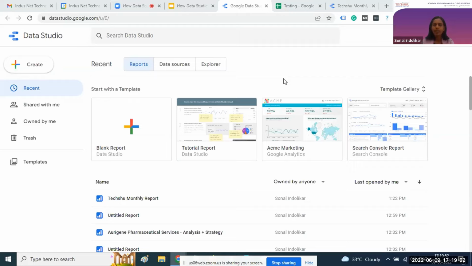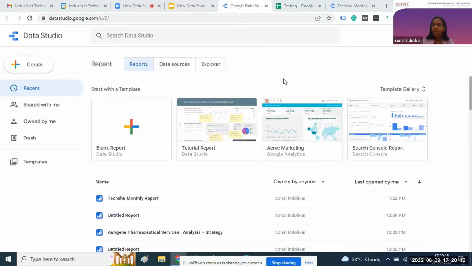For example, if you want to connect data from Analytics, Search Console, or YouTube, you should have access to that particular platform on your own Gmail ID. Then only we can connect those sources to Data Studio. These are the prerequisites required for Data Studio report creation.